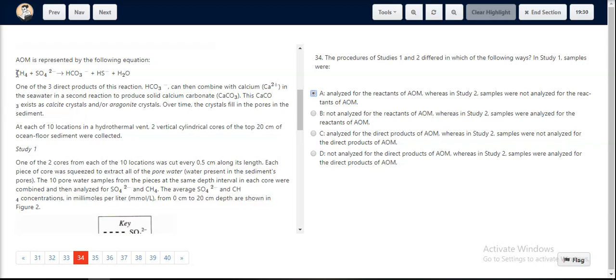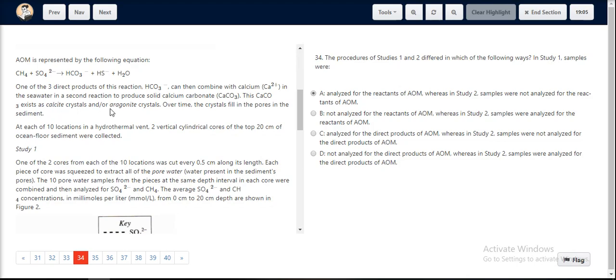Before we look at this particular equation out here, this is a representation of AOM. Out here the reactants are methane and sulfate and the products are HCO3, HS and H2. These products then out here, which is HCO3, combines with calcium to give calcium carbonate, which exists as calcite and